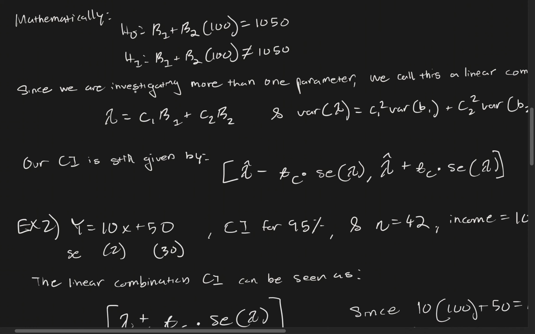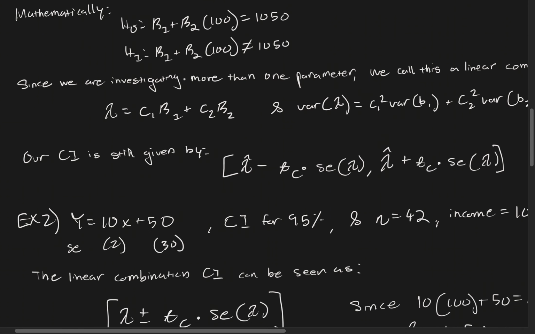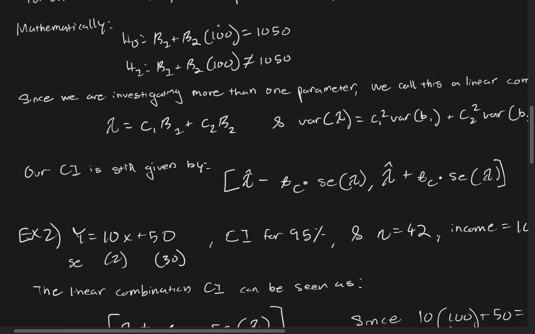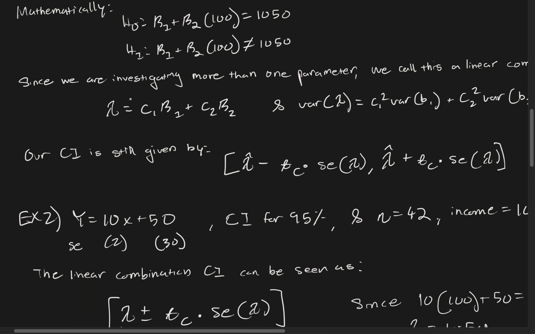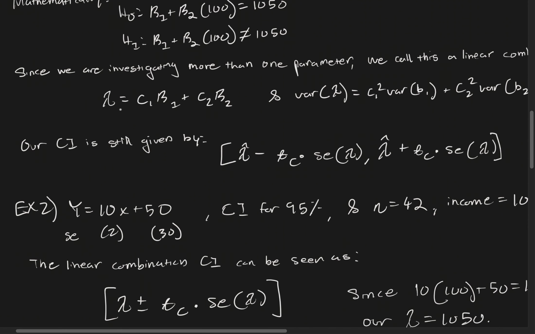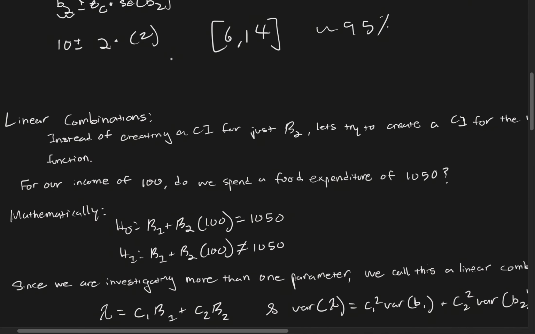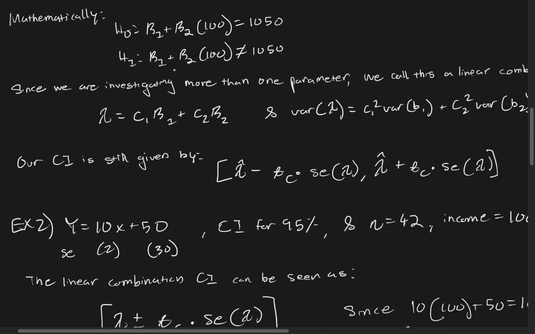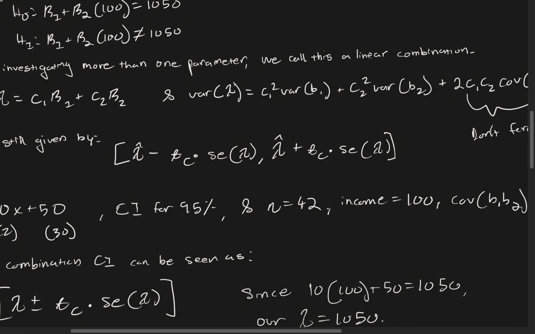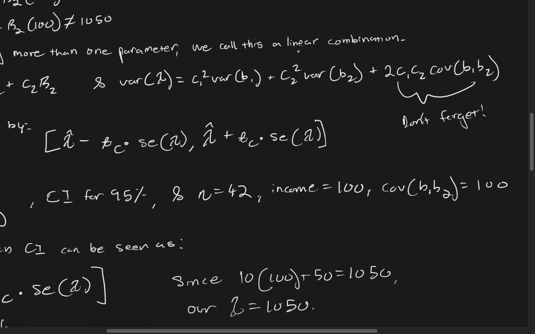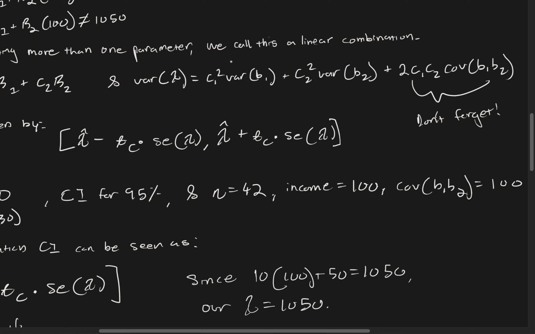And so what we'll do is we'll notate the whole linear combination of beta 1, beta 2, and our 100 coefficient into this Greek letter lambda. So the lambda is representing the whole linear combination regression function, y equals 10x plus 50 in this case, and our variance of lambda is given here. Our formula is given here. If you want the proof of this, I'm sure it's somewhere on the internet. You can find it in a textbook, but it does look different because